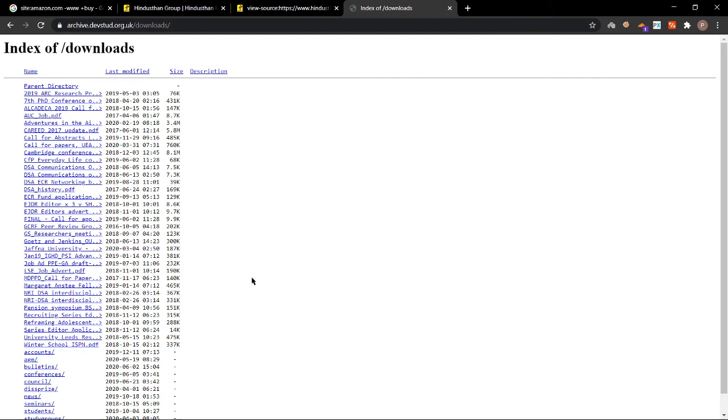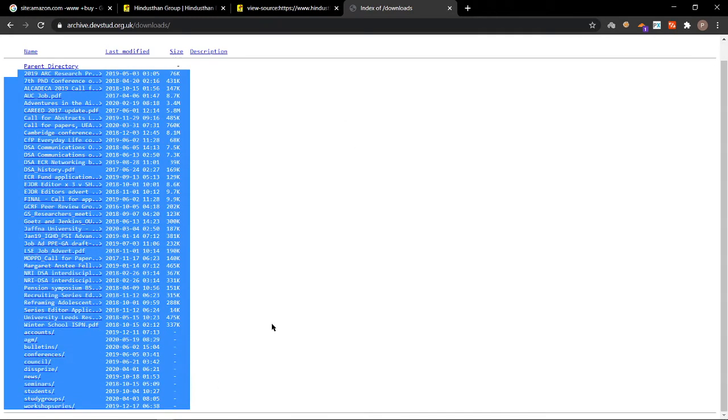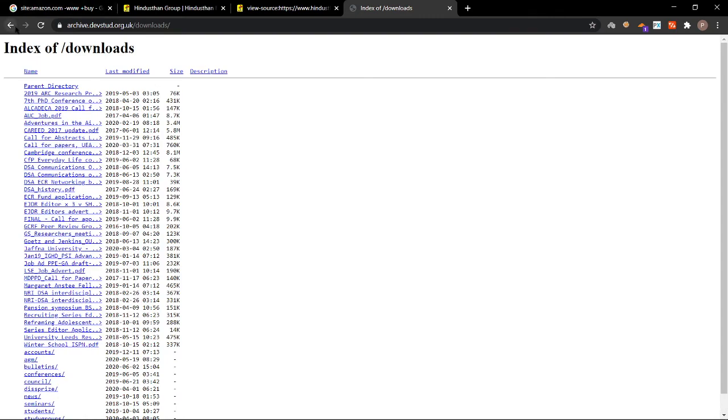It is a head directory that the server shows, that is the index of page. In web development we used to say that index.html would be the home page. Like that, we are accessing content which is present inside the CMS, which is called the index of sites. If these directories are sensitive, then it is a problem.